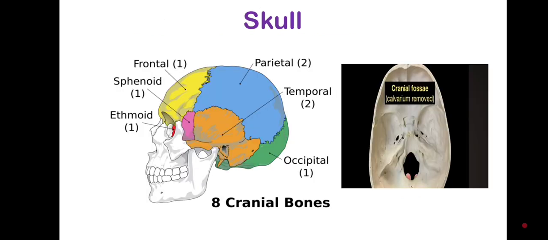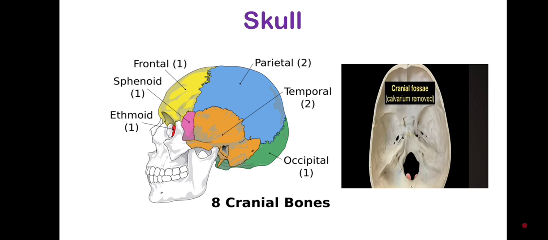Now let's study about the human skull. The human skull helps to protect the brain and supports our sensory organs. So there are 22 bones that make up the skull. So this skull has two main components. So it's made out of the cranial bones and the facial bones. So in this slide, let's learn about the